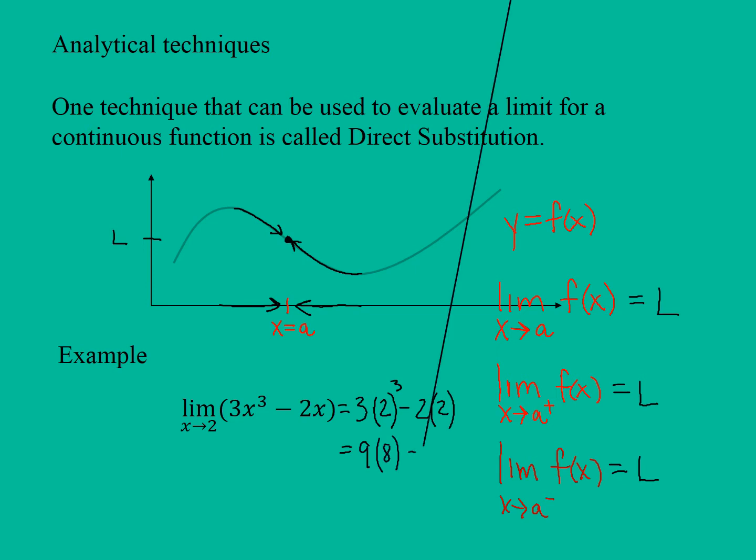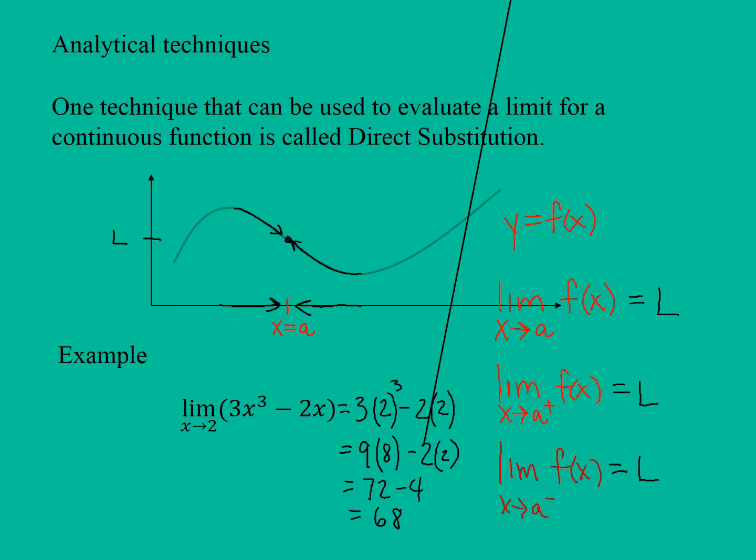So we can use direct substitution. So the direct substitution technique means that you can just substitute the value of 2 in for all of your x's. So we would substitute 2 in, we would get 3 times 2 cubed minus 2 times 2,